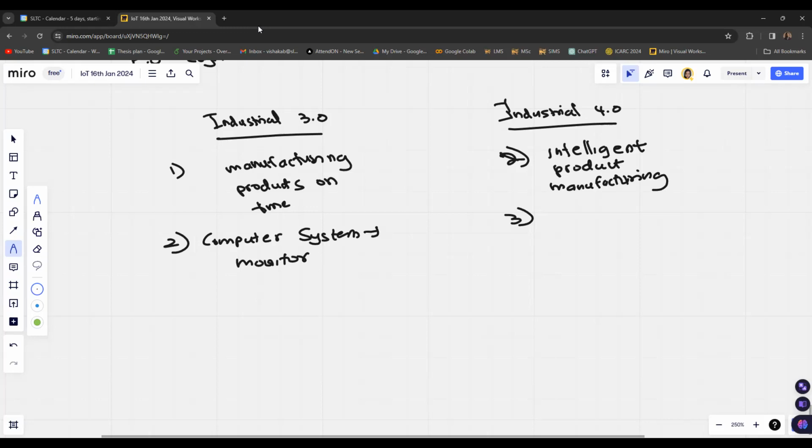So we can add connectivity between all the devices in the industrial environment. Industry 4.0 is focused on adding connectivity to each of the devices, and also enabling data-driven decisions, right? Adding connectivity and enabling data-driven decisions.